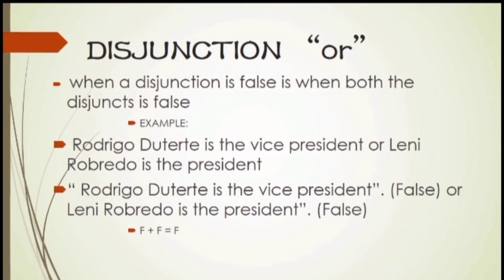Disjunction or the or statement. A disjunction is false when both the disjuncts are false. Example, Rodrigo Duterte is the Vice President or Leni Robredo is the President. Rodrigo Duterte is the Vice President, false. Or Leni Robredo is the President, false. We use or as the connective. False plus false is equal to false. Now, let's move on to